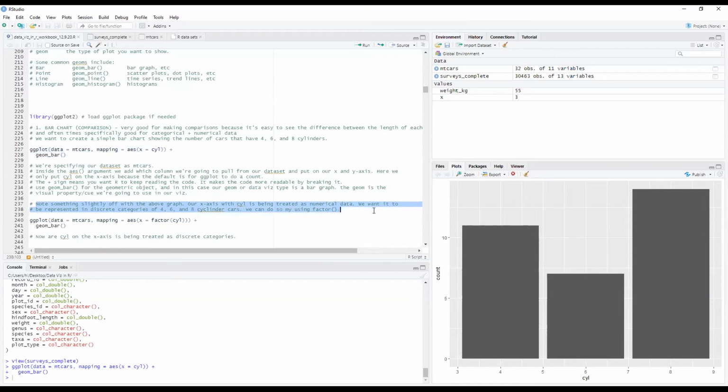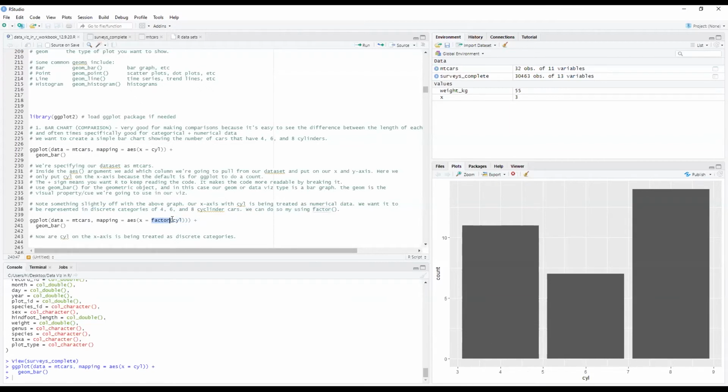One thing that we can fix about this particular bar chart is that, you see on the x-axis that it's a continuous x-axis. But in reality, these are really categories, 4, 6, and 8-cylinder cars. And so one thing that we can do, and I know this is maybe getting slightly more complex, is we can fix that. The way we fix that is using this new function called factor. So if we factor the cylinder, it will change it from a numerical value to this categorical value.